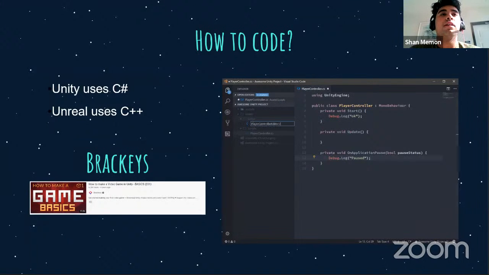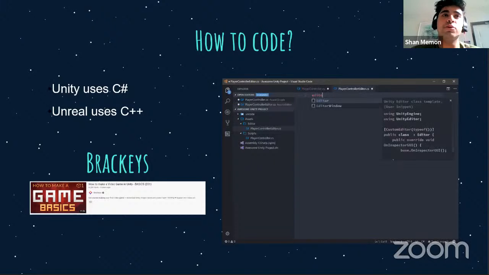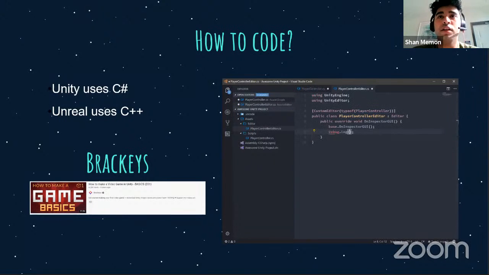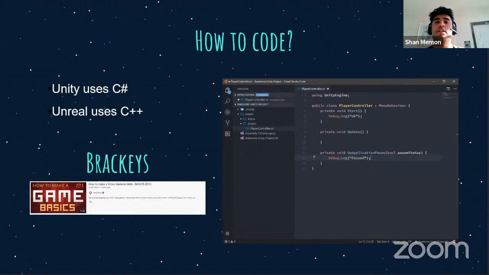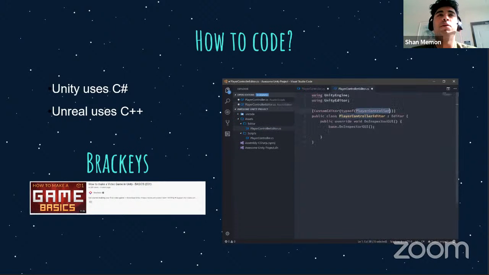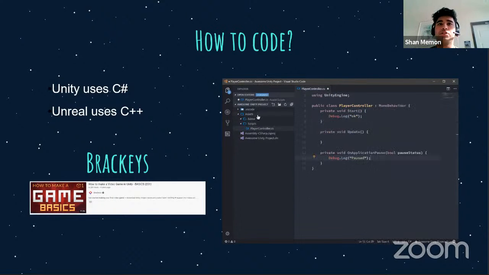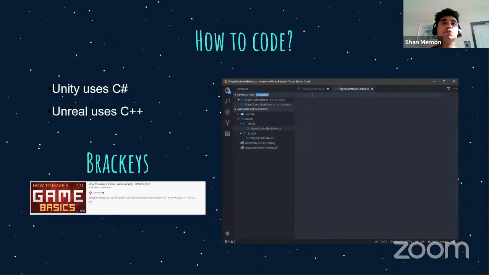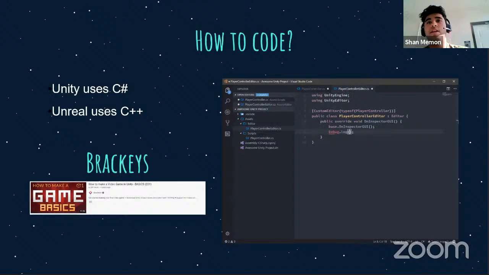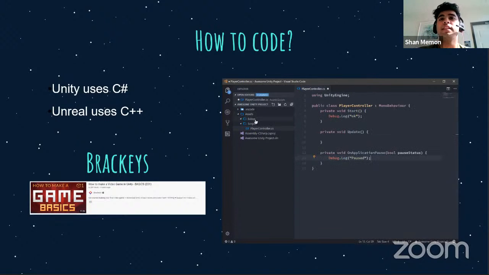Different engines use different languages. Unity uses C#, Unreal uses C++. Godot has their own script that's similar to Python. You just have to know the basics of programming. I know for the majority of people, you learn Java first, and C# is literally just Java, just made by Microsoft. It's almost the same thing. So if you know Java, you know C#. And then to learn C++, you're not too far off either. It's usually a difference in syntax and just tiny intricacies.